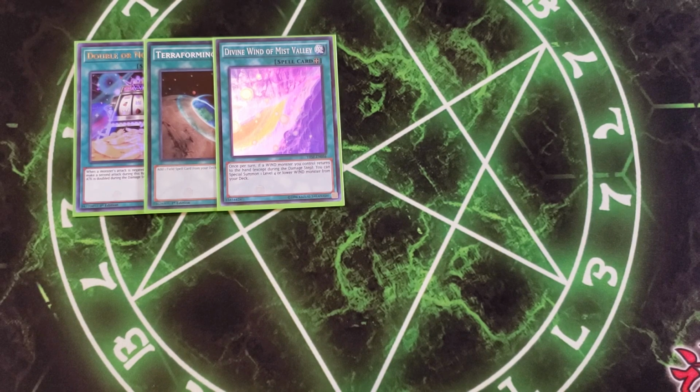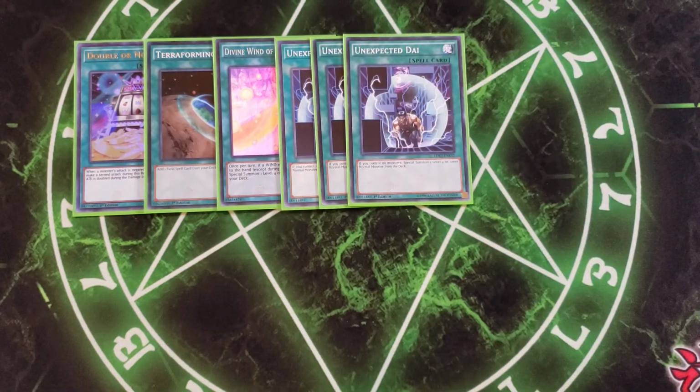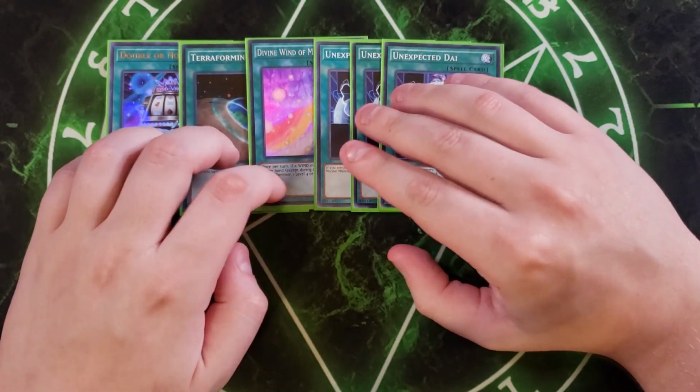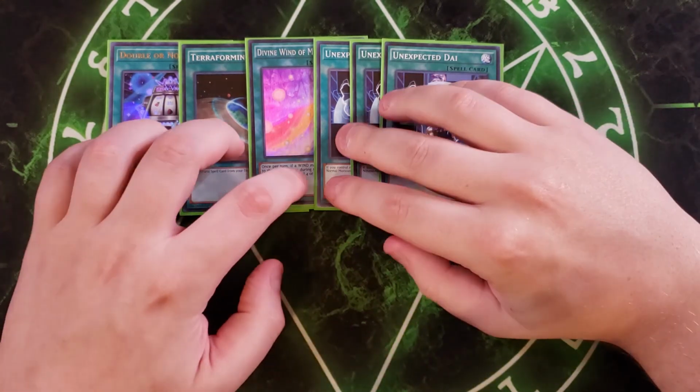We then play 3 copies of Unexpected Dai. It's a great opener card in this deck, because basically you're going to use this card to either get your Angel Trumpeter if you don't have a tuner, or your copy of your Phantom Griffin if you do have a tuner on your side of the field to be able to go into Needle Fiber, and it's just super, super crazy and super helpful in this deck